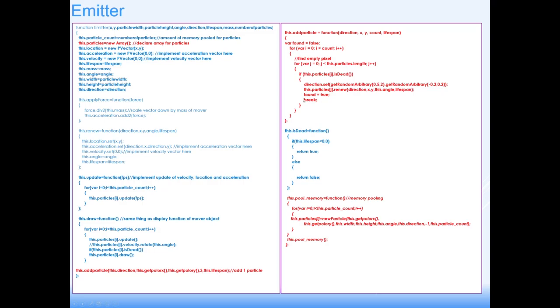So this add particle function goes through the array and says, hey, is there a particle in here that's dead? If you find a dead particle, oh, I can use that particle. I need a new particle, but I need to use my pool. So what this does is it walks through the particle array that's created here, particles, that's instantiated and pooled